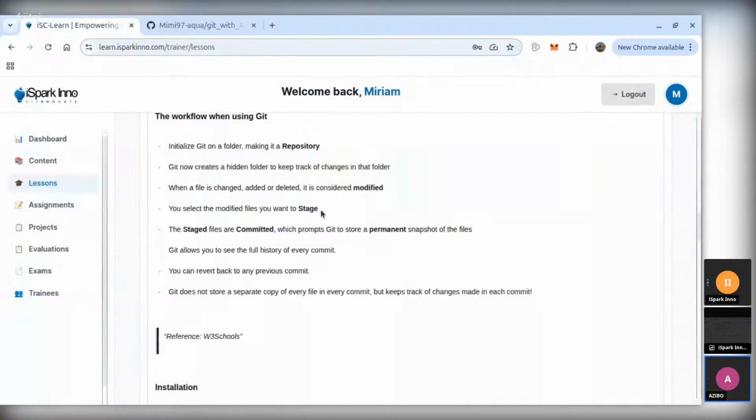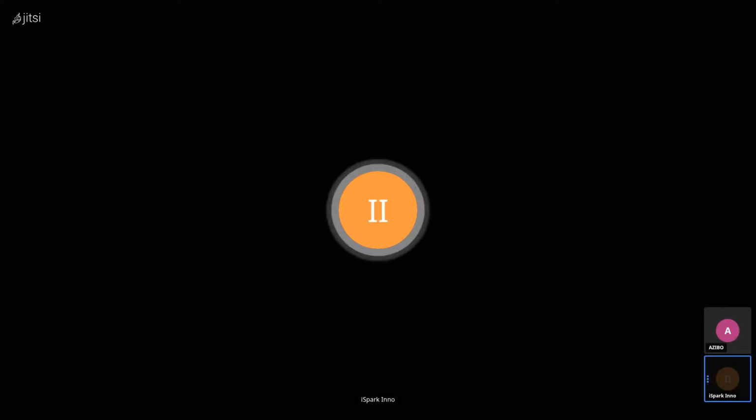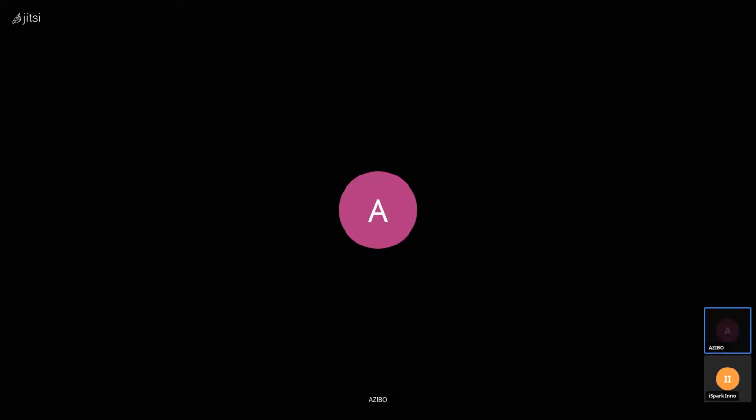Now, after you have done your modification, right, you now select the modified file